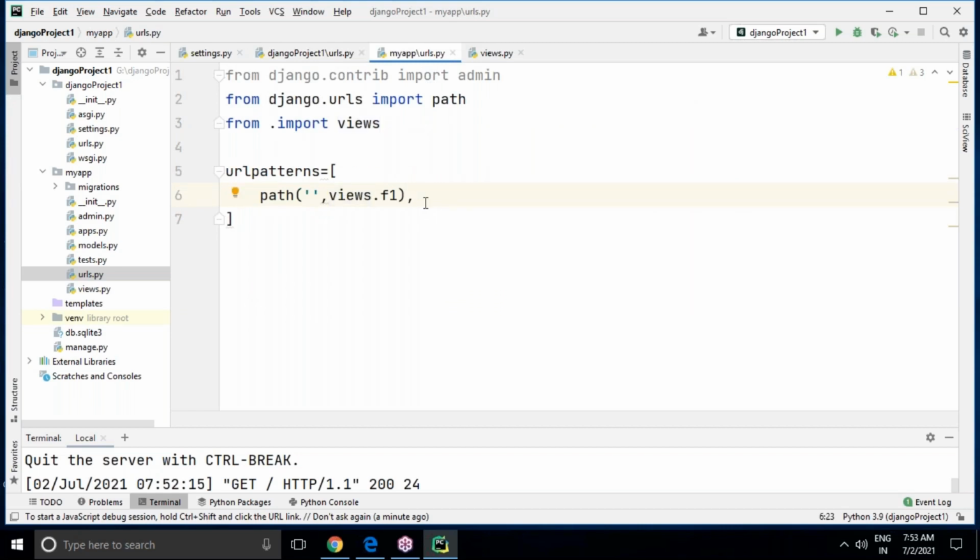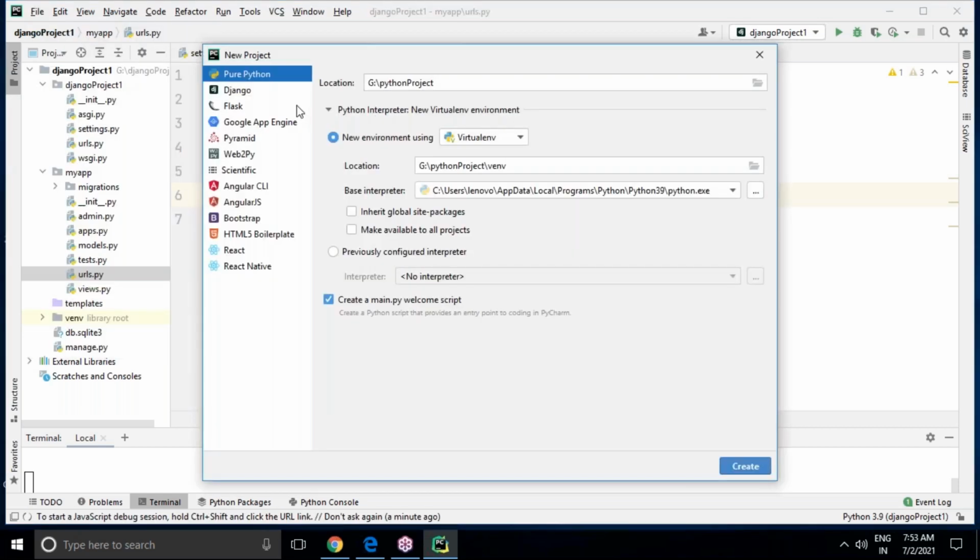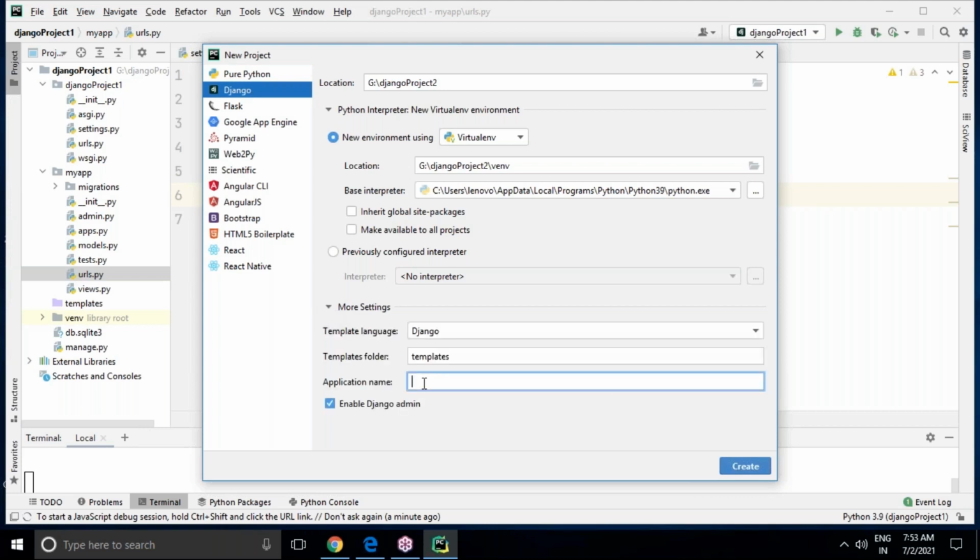So this is the way to work with a PyCharm project, a Django project. The option is yours. Do you want to prepare the project, application and virtual environment through the command prompt? You can, and open that project in the PyCharm editor, change the virtual environment, and keep on working. Or else, you can come directly to the PyCharm editor, click on the File menu, click on New Project, select Django and create the project. Along with the project, if you want to create an application, you can give the application name. If you don't give an application name, it's not an issue, and later in the terminal window you can create the application under the project.